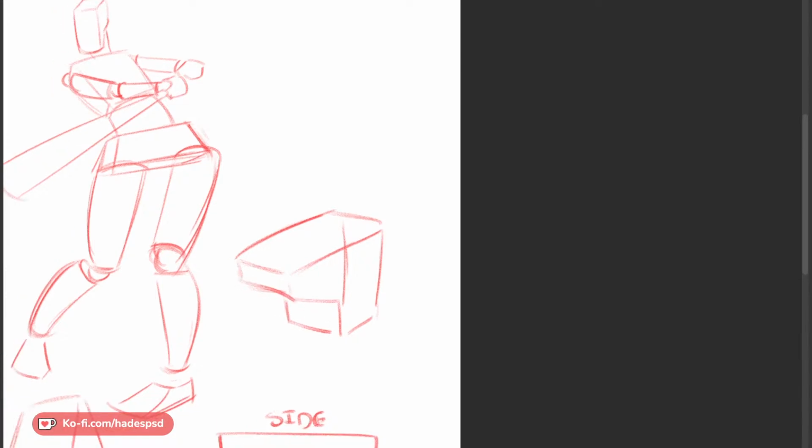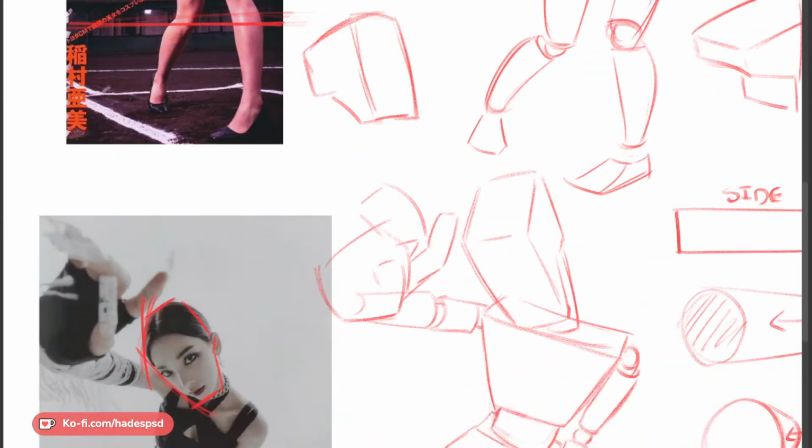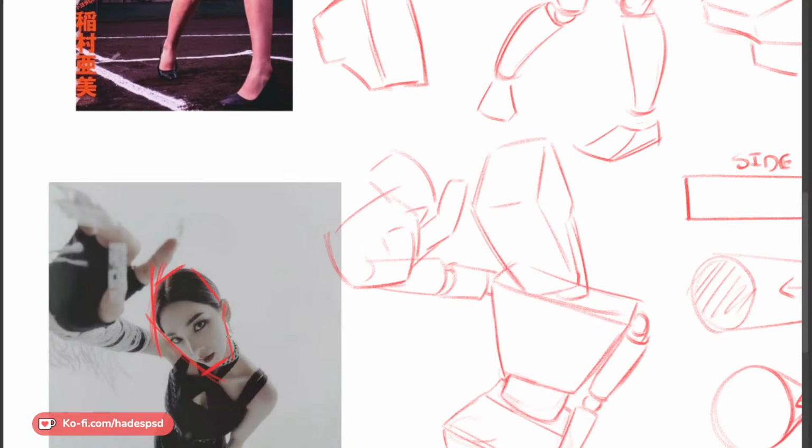Let's try this angle. Does that make sense? So I'm drawing this and this, and then I draw the rest.